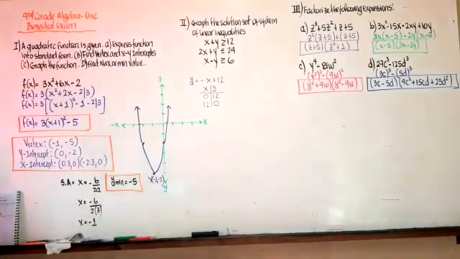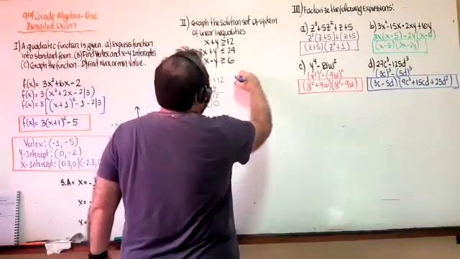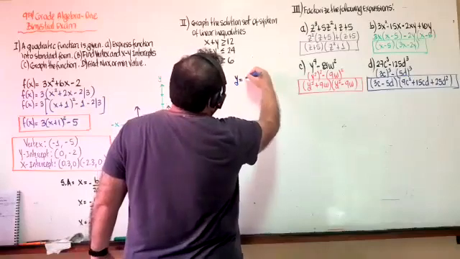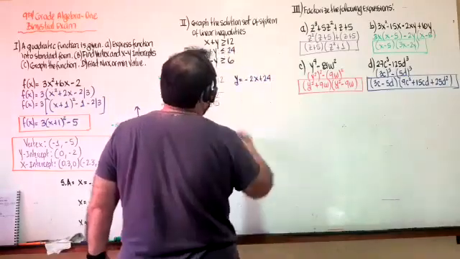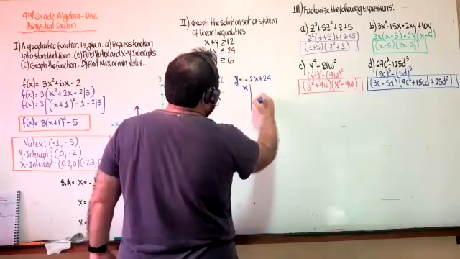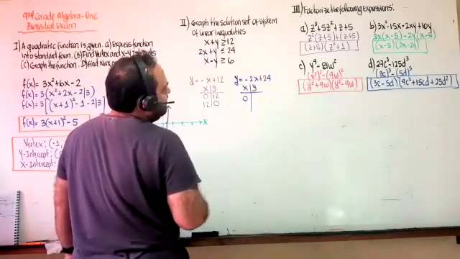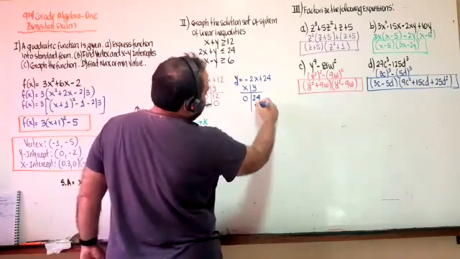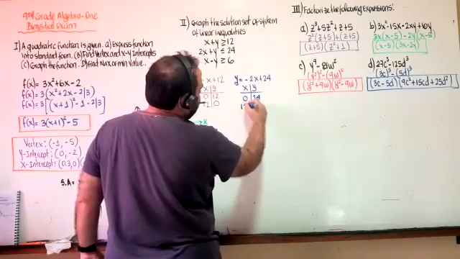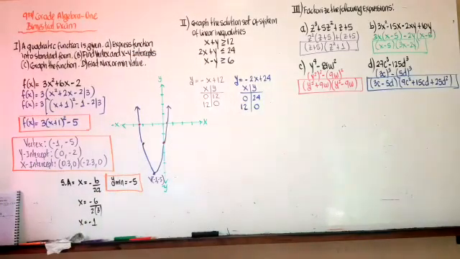How about the second one? Same happens. We got y equals negative 2x plus 24. And we get the same kind of values for x and y. When x equals 0, y will be equal to 24. And when y equals 0, obviously x will be 12. We have the second equation. And the third one,